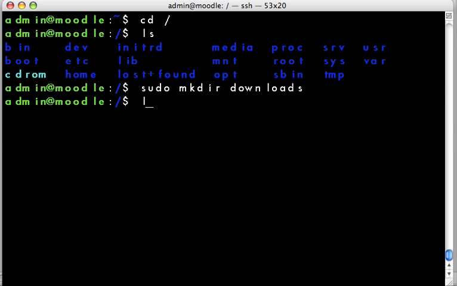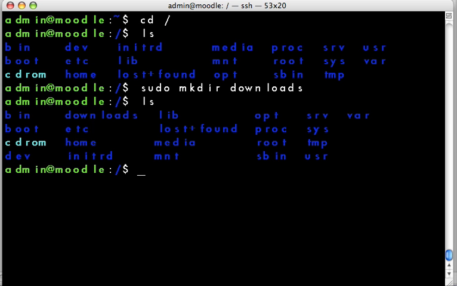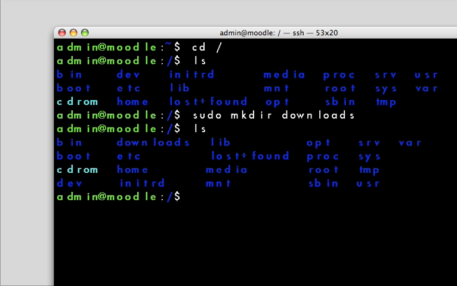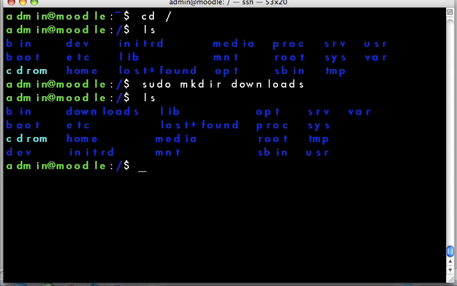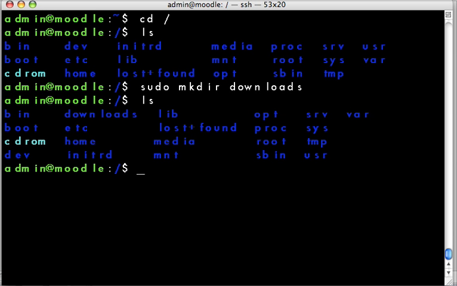And if I type ls again, I will see now that I should in fact have downloads, which is listed right here. Okay, so now that I have a download list, let's get this centered back up. I'm going to change directory again, cd. Now I'm going to start typing downloads, and as you see I've already got it partially typed,